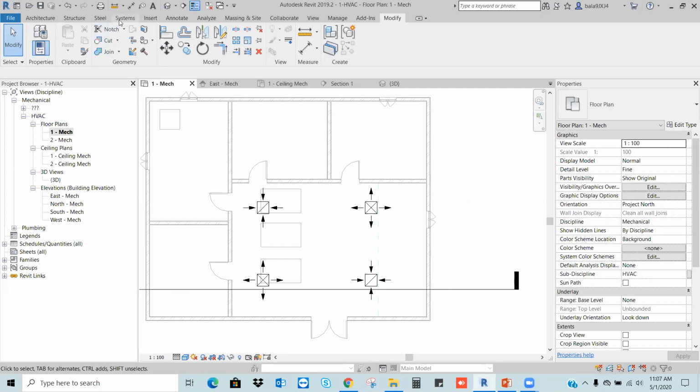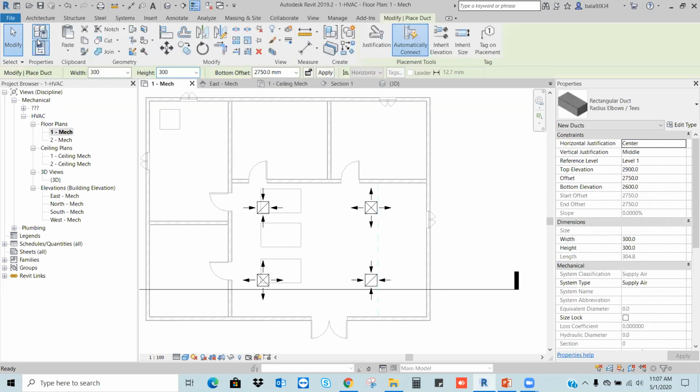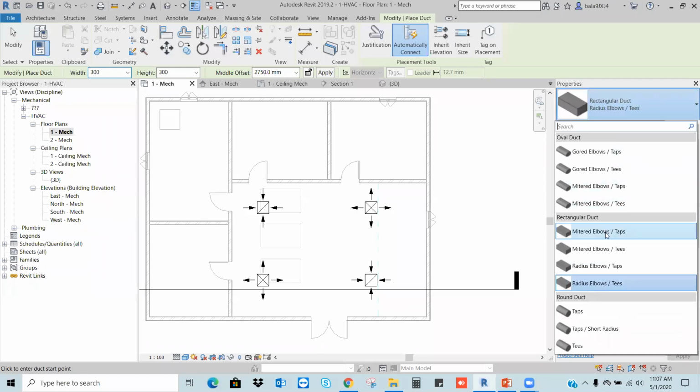To draw the duct, I will go to the system. In the system, I choose a duct. Okay. When I click on the duct, here I can see different kinds of duct systems. Same like wall. If you choose the wall, what happened? A lot of different types of wall we have got.